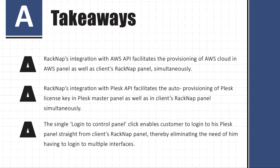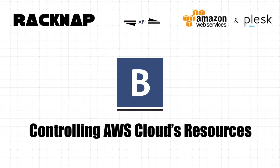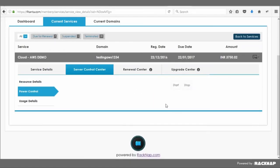Now, let's continue the walkthrough by getting to know how controlling AWS Cloud's resources takes place via RackNap. Now, let's see how your client can control and manage his cloud server via RackNap's client panel. Under the Power Control tab of RackNap's client panel, your client has the ability to start AWS Cloud and stop